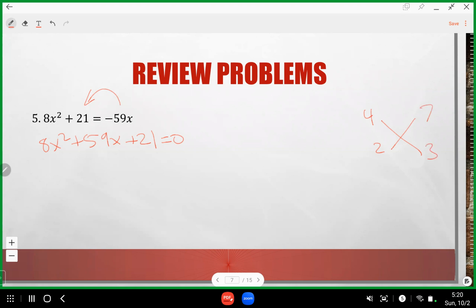Does it work? No, it doesn't work. So might have to be